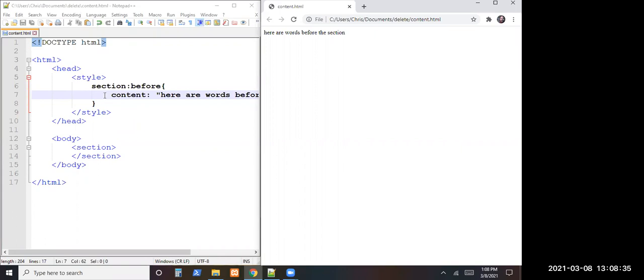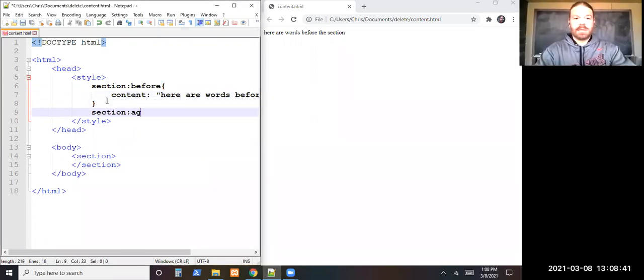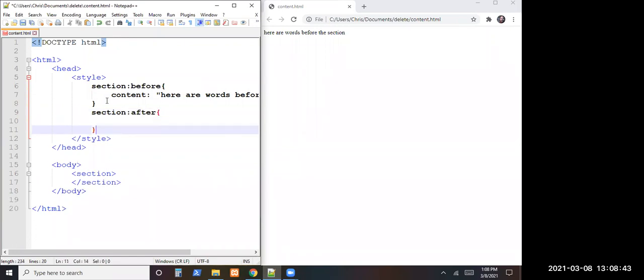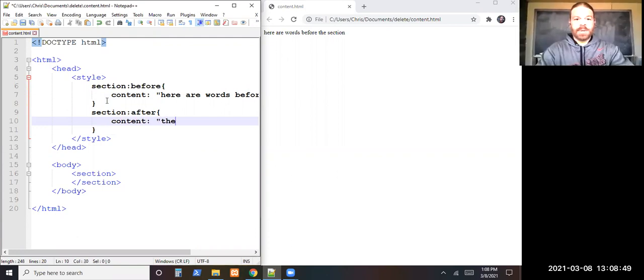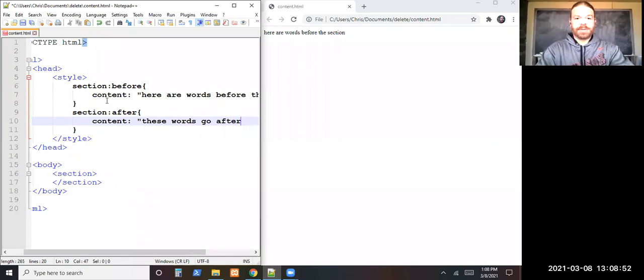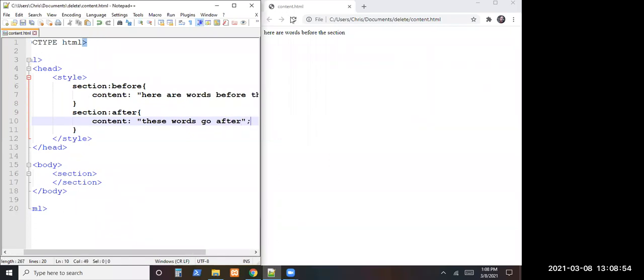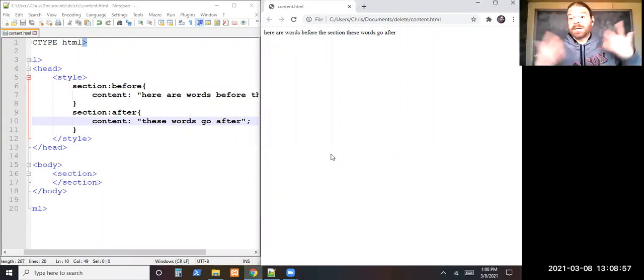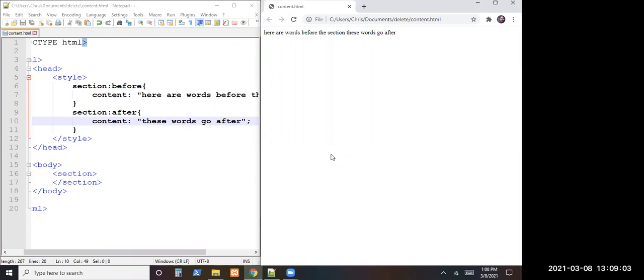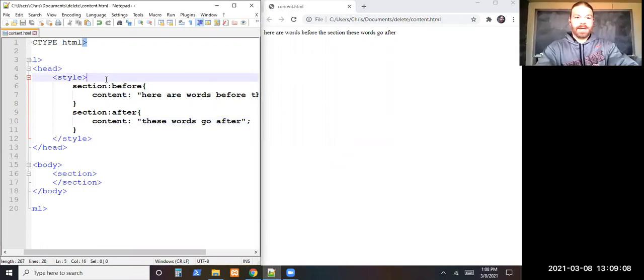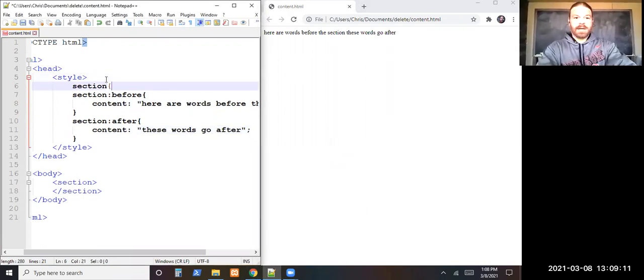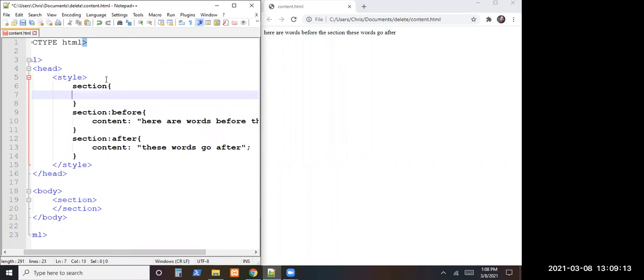Okay. Can you put befores and afters in there too? Yes. Like this? Yeah. Content, these words go after. Okay. Yep. And then to test, oh, and there's nothing there. So there's no line breaks or paragraphs or anything. Right. So if I put something in that section, just something, if I just put something in that section. Yeah, so like, if I went